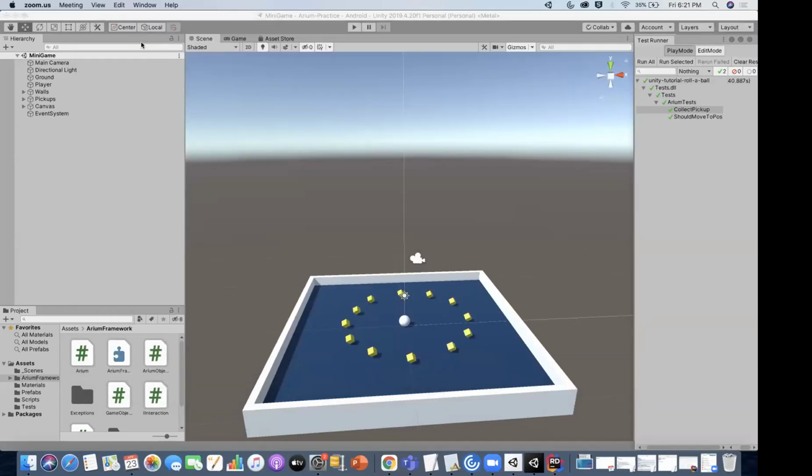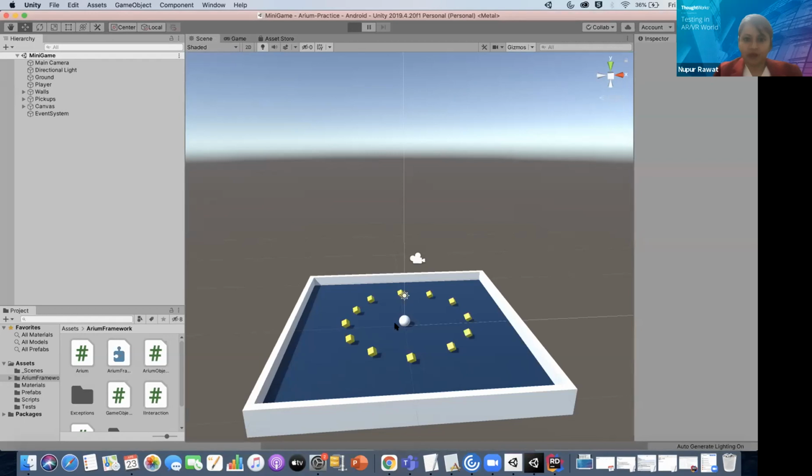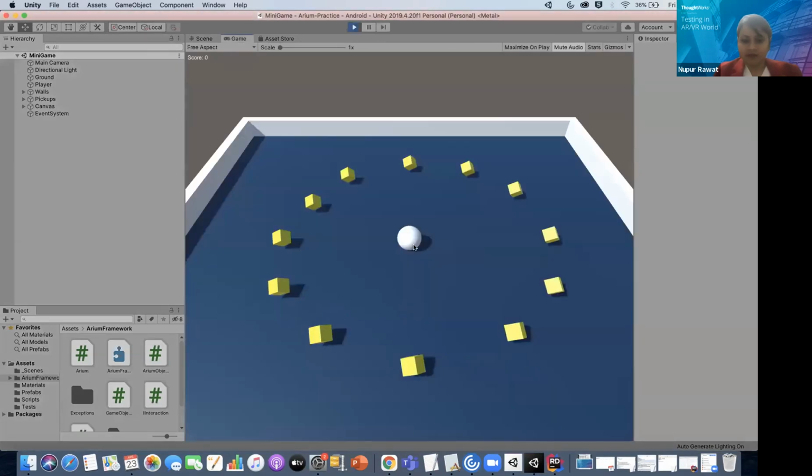Yeah, let me share the screen. I hope everybody can see my screen. Yes. So let me just show you a simple demo game that we have made, so that we can show the test for this demo game. So this is a simple roll ball game, and there is a player object.